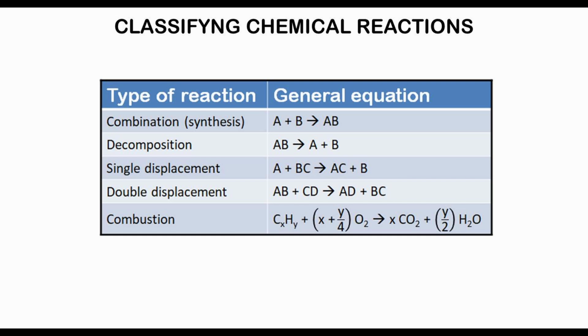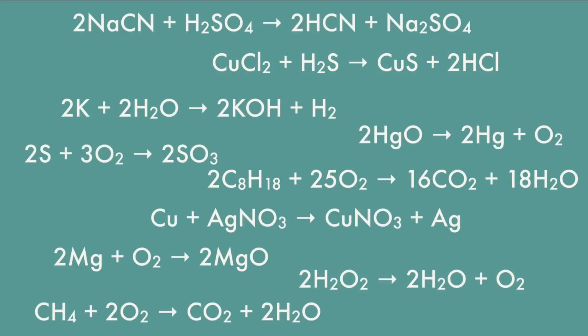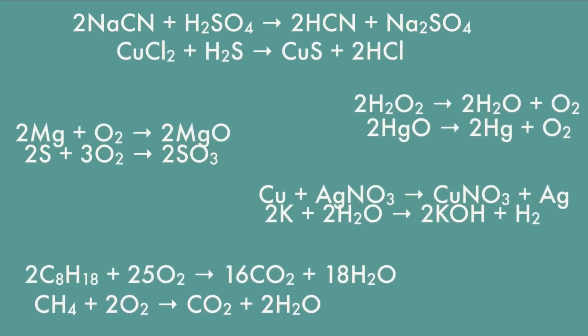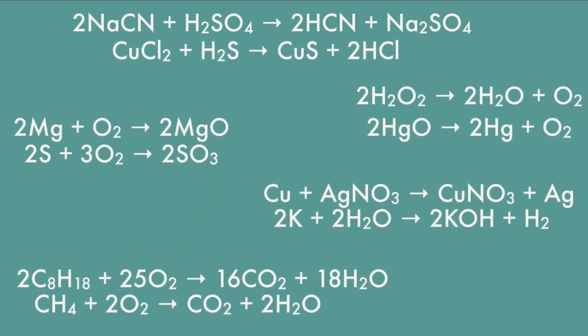By classifying chemical reactions, you can more easily predict what products are likely to form. The 5 general types of reactions include combination, decomposition, single displacement, double displacement, and combustion. At first glance, these chemical reactions might seem like a mess of information, but there are patterns among them. It's helpful for chemists to sort all the chemical reactions into categories so that they can make predictions about how